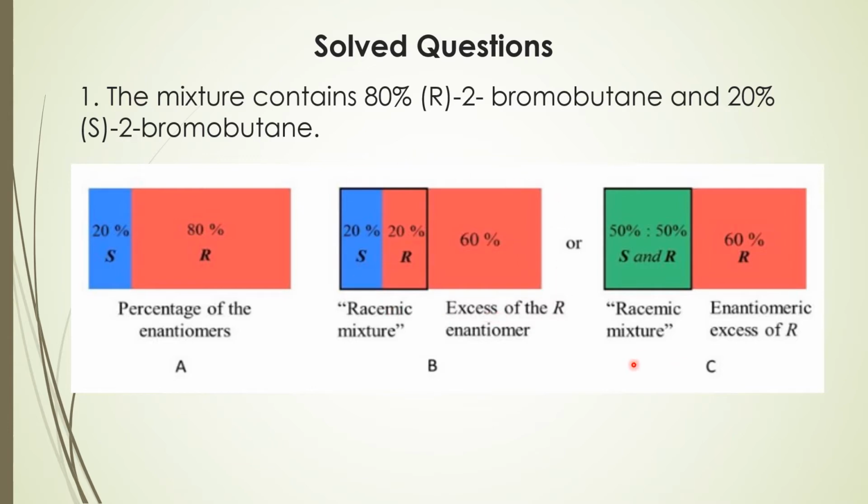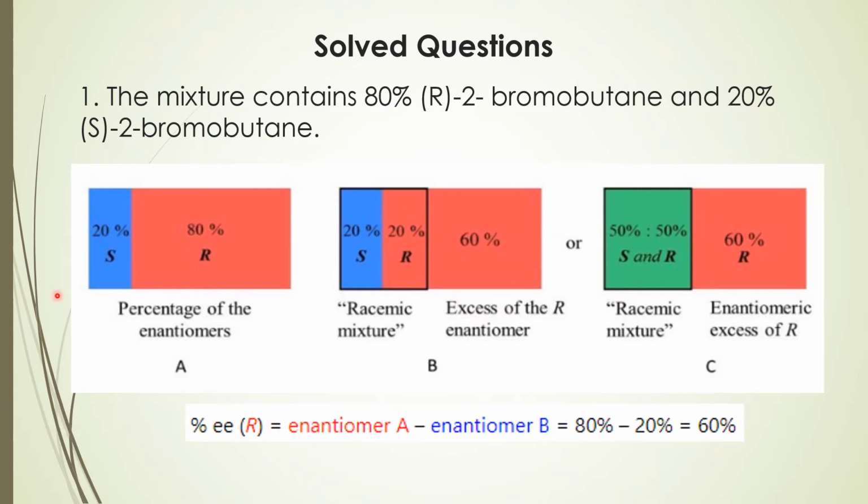And I'll tell you in some other way also. The racemic mixture is 1:1, that is 50-50%. If S is 20% and R is also 20%, that is the racemic mixture. If the enantiomeric excess is 60%, the racemic part is 20-20. If it is 80%, the remaining racemic mixture is overall 20%, so 10% S and 10% R. You need to keep this carefully. And now see the answer for this question.